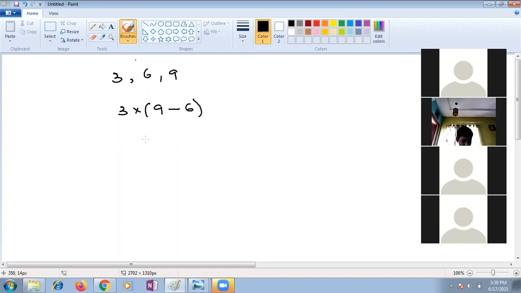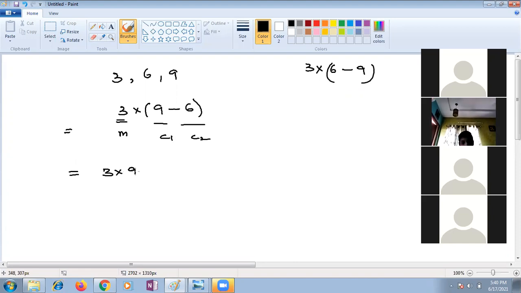So we'll go with that part also. This is one more example. We'll go with 6 minus 9. Ma'am, 3 into 9 minus 6. Who is mother and children here? Ma'am, here 3 is mother and 9 and 6 are children. Okay, child 1, child 2. Please expand that number. Ma'am, 3 multiplied with 9 minus 3 multiplied by 6.